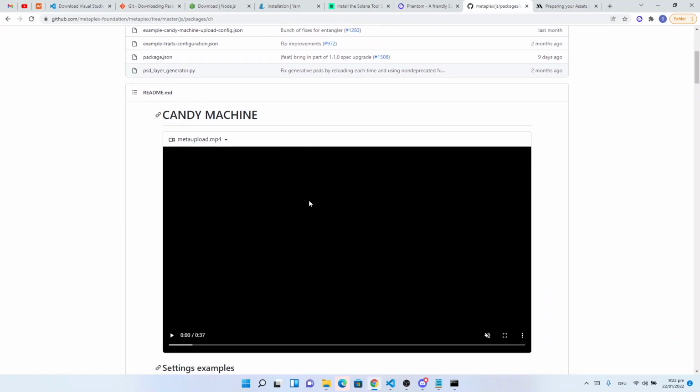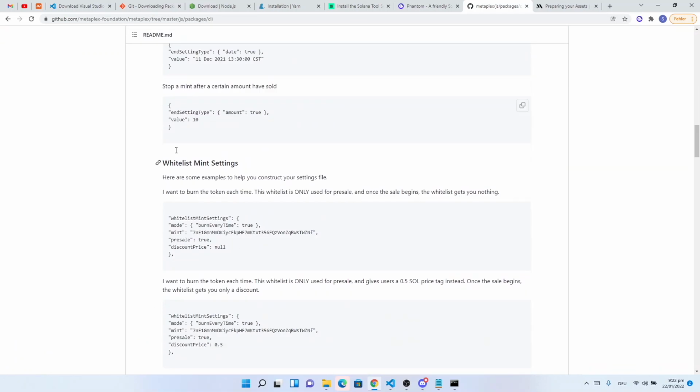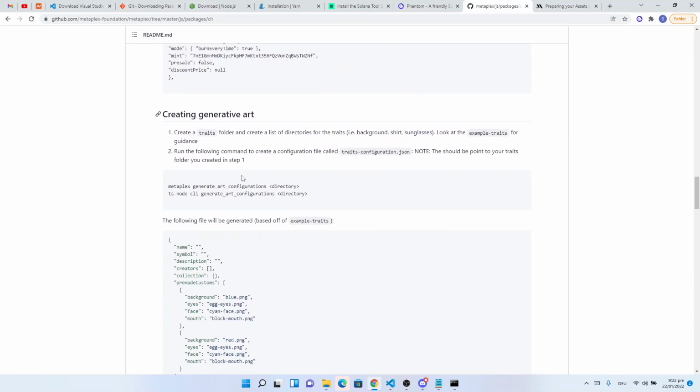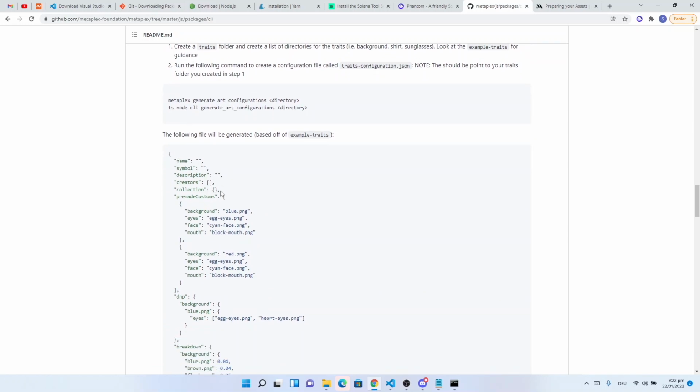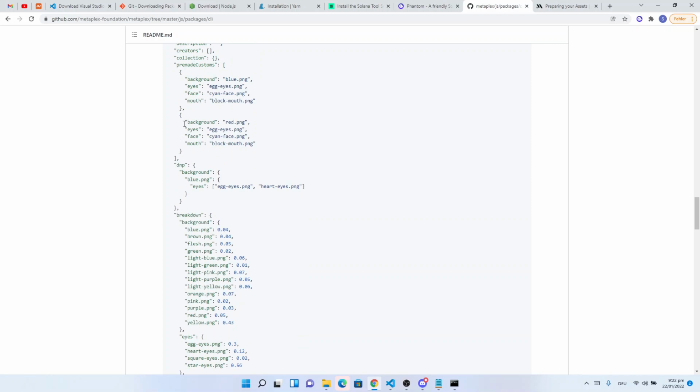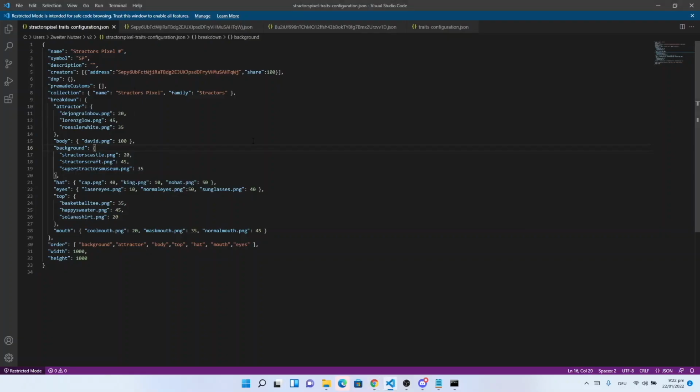And here you have a README file where, in the part "create generative art", you have a pretty big and complete example traits file. So here you can copy the format or anything you need, paste it in your traits configuration, and then just change the little differences you need. Before moving on, I want to take the opportunity with this nice overview to tell you a little bit about